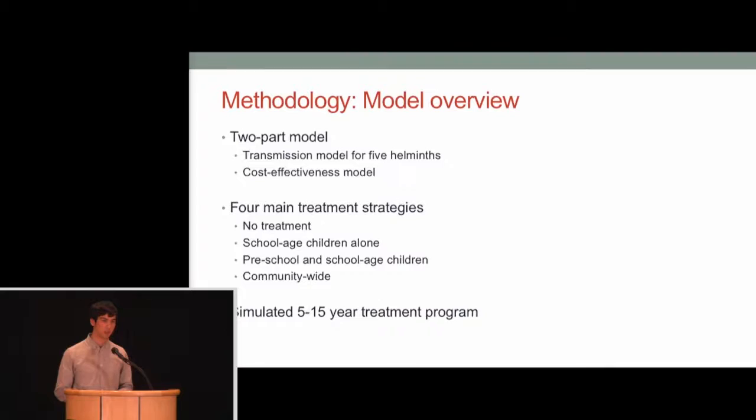Now, the way we approach this is in a two-part model. The first is a transmission model of these different helminths, so 2 species of schistosoma and the 3 soil-transmitted helminths. Erin Mordecai was lovely in introducing these models and using basic mathematical principles to show how disease spreads over time and how different interventions can be applied to simulate how that changes those dynamics. We then use a cost-effectiveness model to say, how much bang do we get for our buck, to really conceptualize the comparative advantages of these strategies.